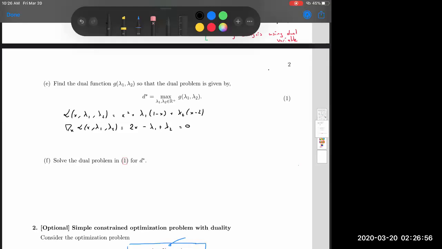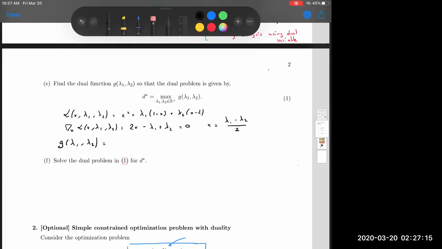Which just gives you that x is equal to lambda 1 minus lambda 2 divided by 2. And if you plug this x in the Lagrangian, you will find the dual function,